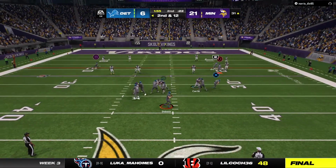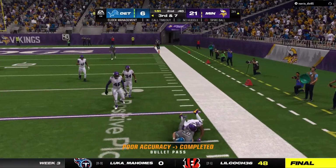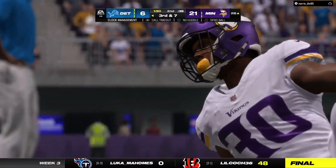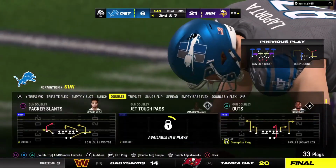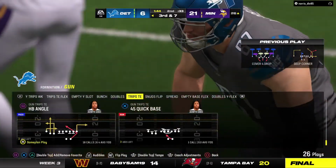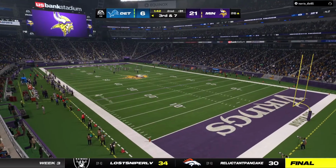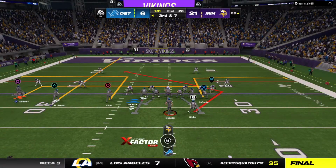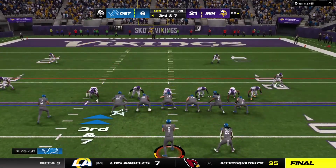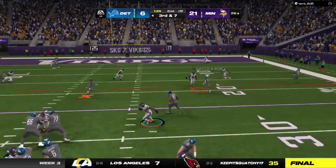Back to throw again. A short pass here taken in by Laporta. So give him 5 yards there on the pitch and catch. 3rd and 7 now. I know sometimes we can get fooled when we watch him make catches, as we just saw him do there, because he really looks like a wide receiver the way he goes about his business. Yeah, 230, 240 range. Not super huge. Maybe not counted on to be that inline point-of-attack blocker that we used to have in the...